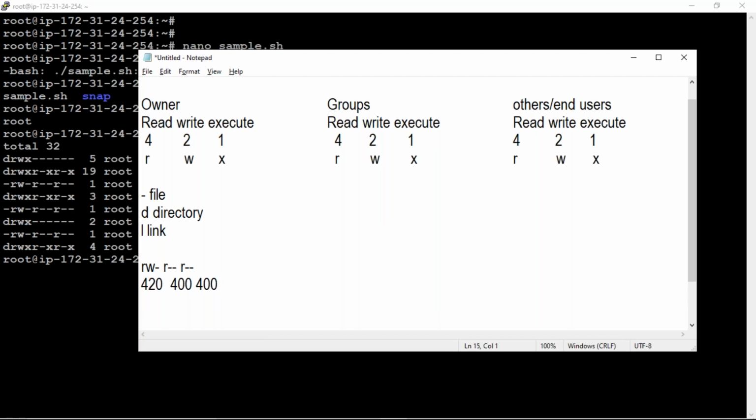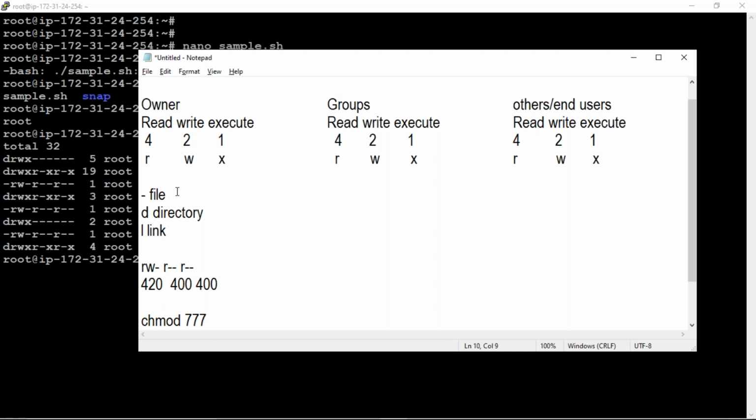So now the command is chmod, which is for modification. I'm assigning all permissions with 777. In 777, the first 7 is for the owner, the second 7 is for the group, and the last 7 is for others or end users.